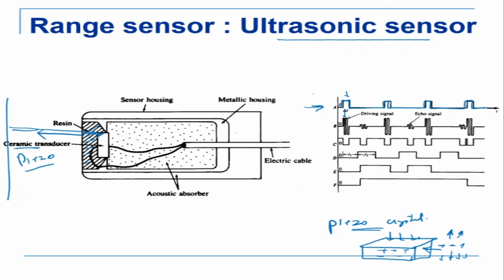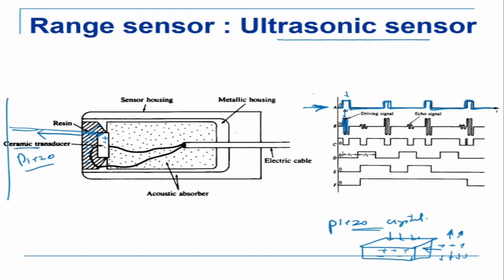It is like a pressure wave which is falling on the crystal, and as a result of it, a charge is produced. So here is the signal that is going in. This crystal is being actuated, or rather the charge is being given at this particular frequency. A wave is being produced. This wave is going out. This is the driving signal wave. The wave is going out, it is hitting an object and coming back.